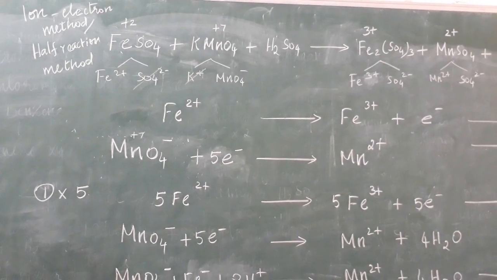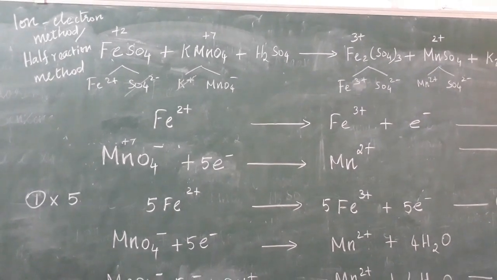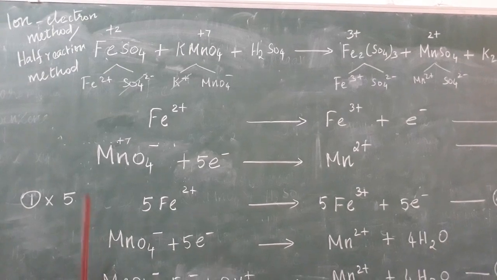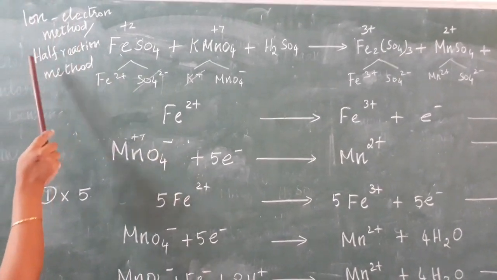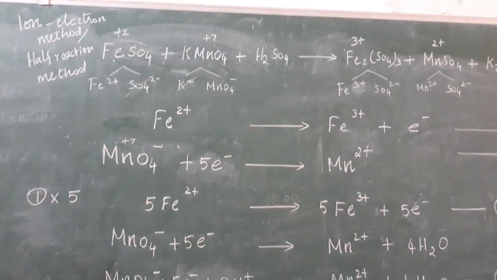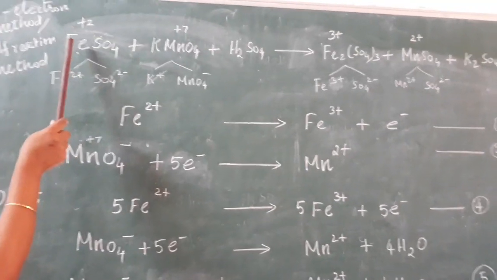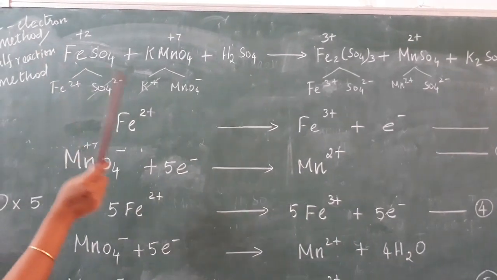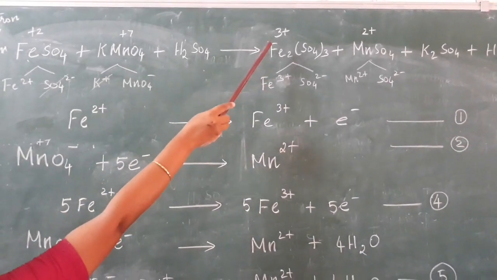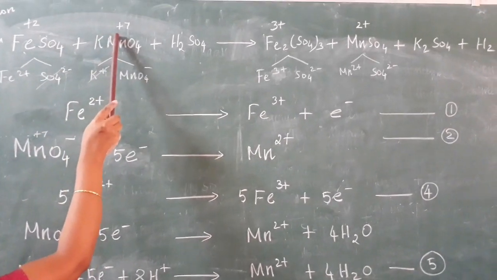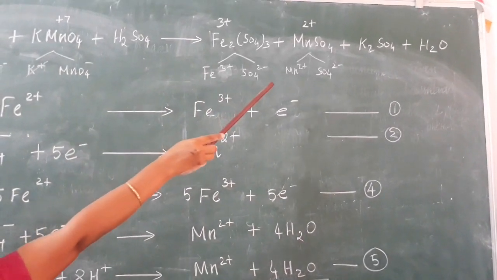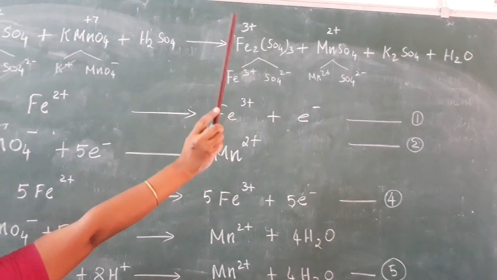Now we are going to see the same example, but we are going to balance this equation by using the ion electron method, or half reaction method. We already found the oxidation number for iron is +2 here, and in ferric sulfate +3, and Mn we already found in the previous problem is +7. In the same way, in manganese sulfate, the manganese has 2+.